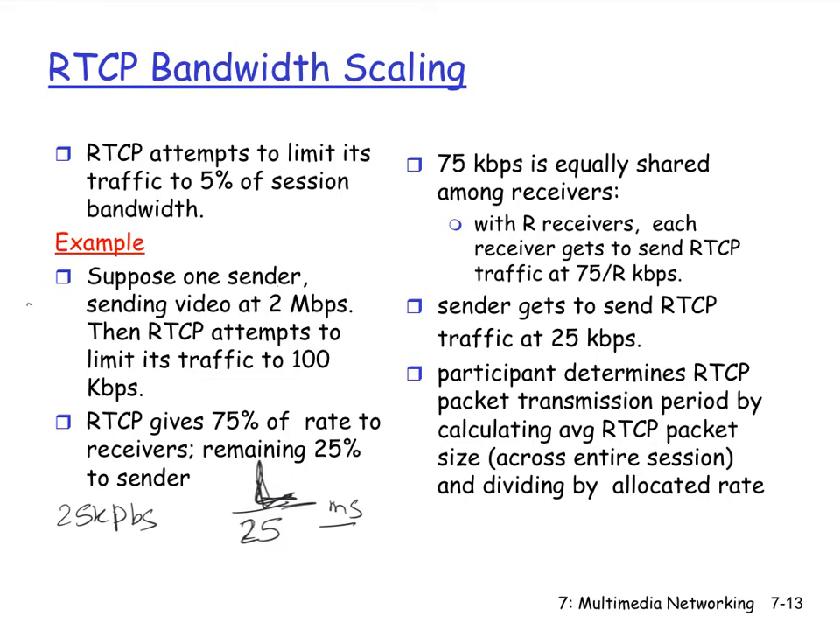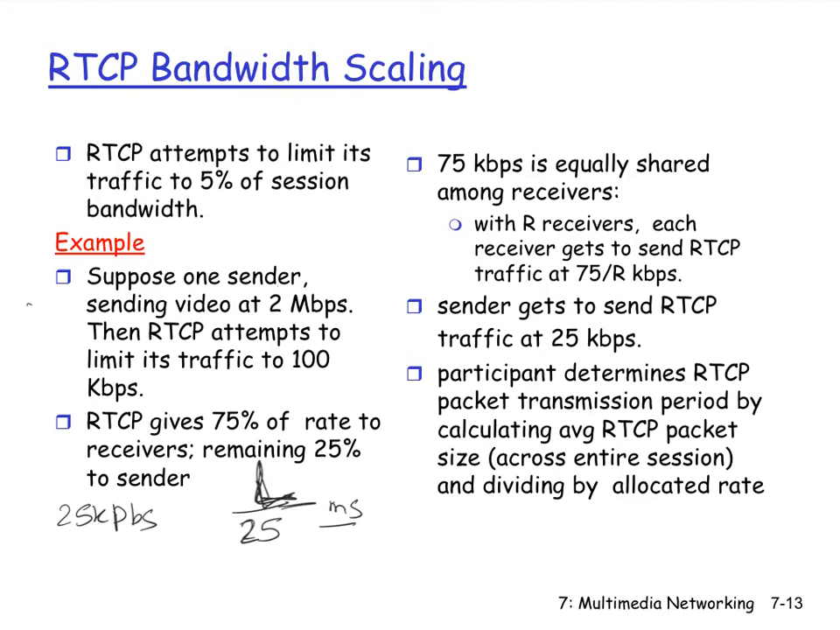So if you send with a specific rate, 1 over this rate is actually the time that you send one bit. So if you have a packet of length L, then you know that every this number of seconds or milliseconds, we send 1 sender report. Okay? So we have on the other side 75 kilobits per second,